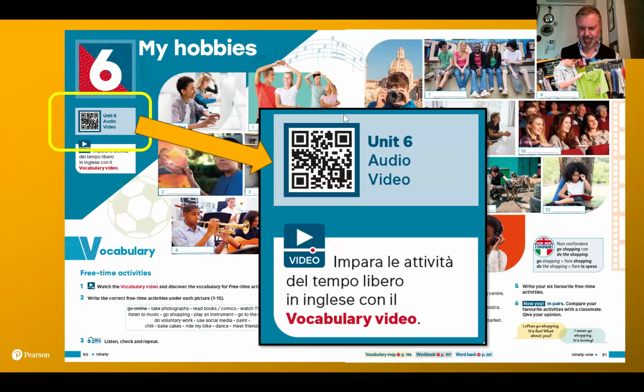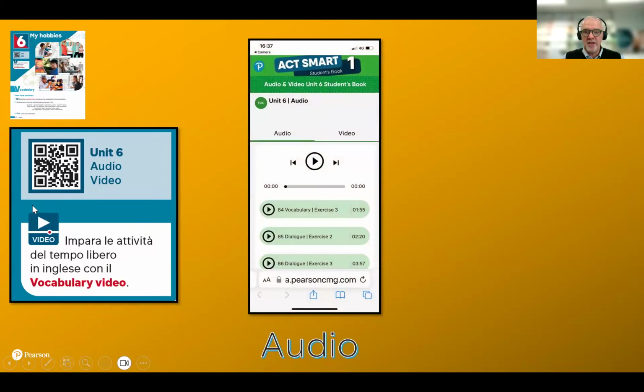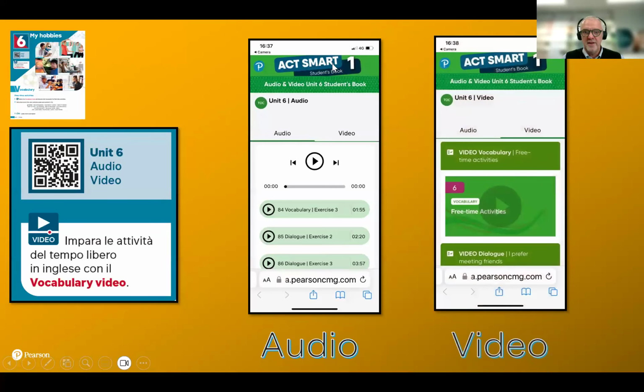You'll be able to bring up the video. For example, those of you wanting to see an example of a grammar video, there is more than one there in Unit 6. And in fact, this is what the screen will look like. So this is what Tito was showing you live here. On one side, you have audio, and then you just click on the other side of the tab, and you see the video done in that way. Really simple, really easy for kids to be able to follow.